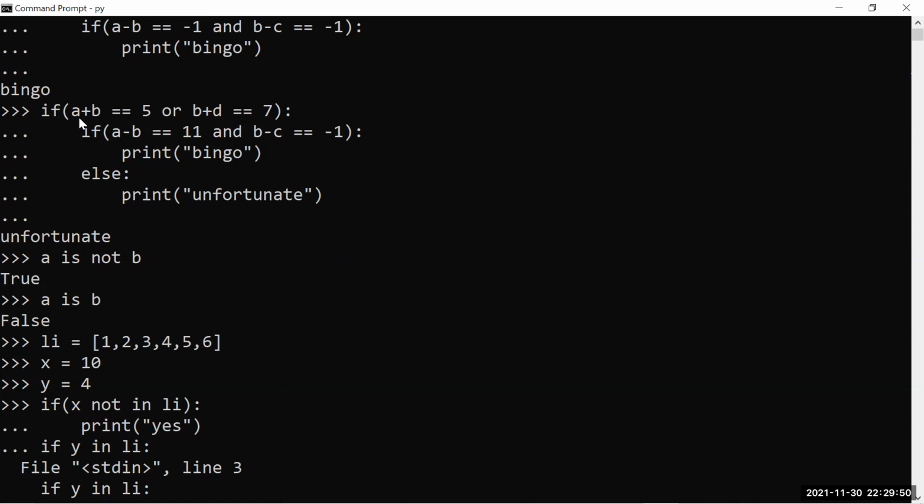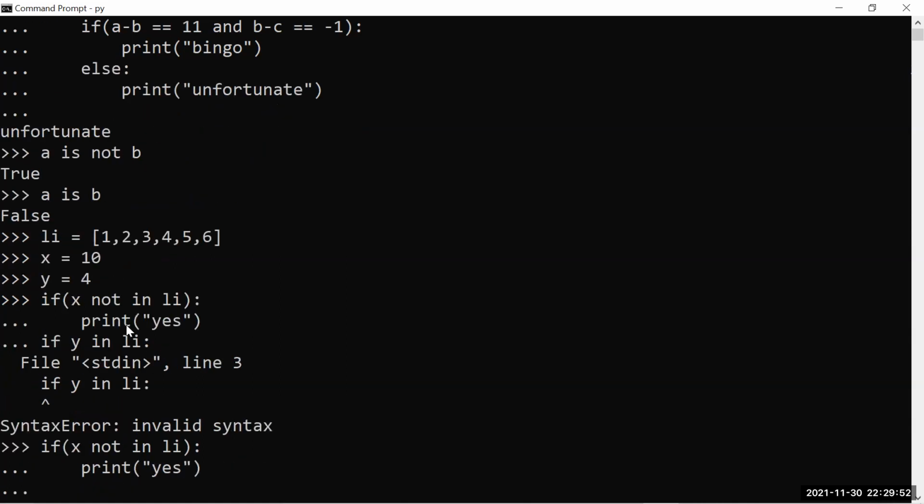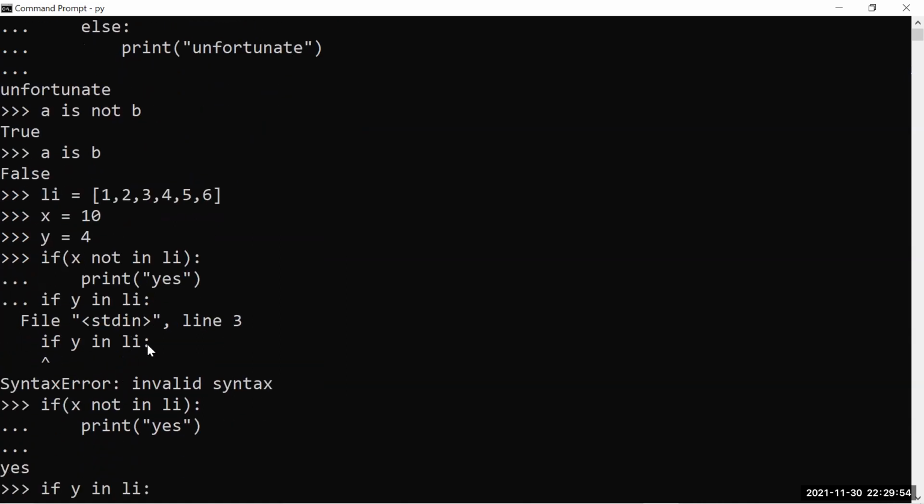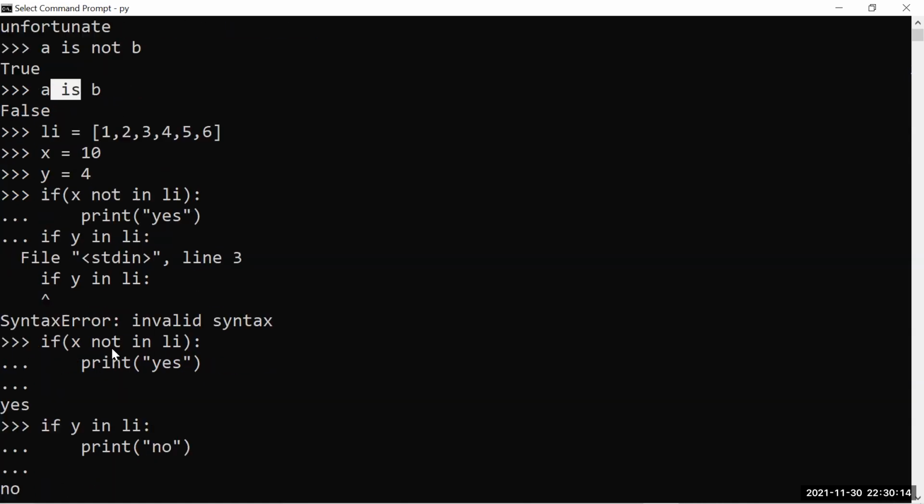Okay. We can check this negation operation in two different ways. One is in, not in, and the other is is, is not. See, we have seen two different applications of the not operator, right? What is that? One is is or is not, and the other is in or not in. These are two different ways of using the not operator.